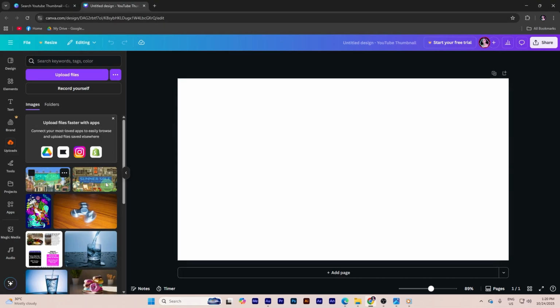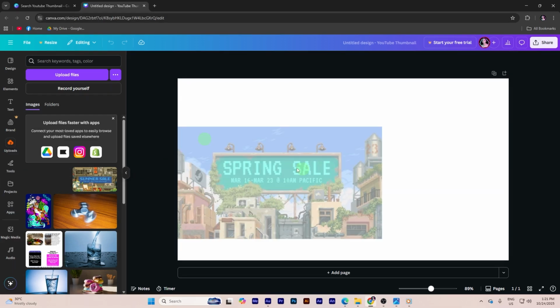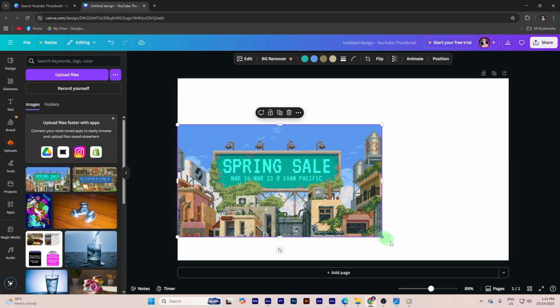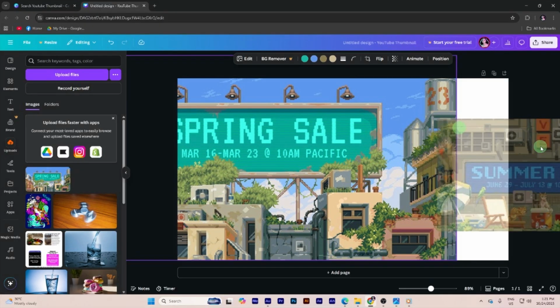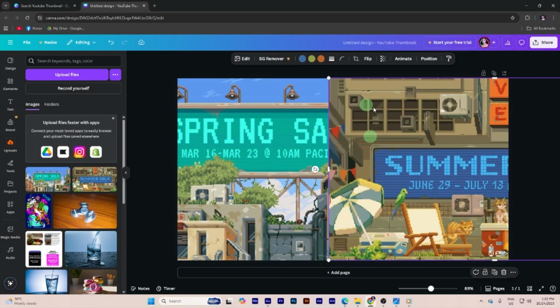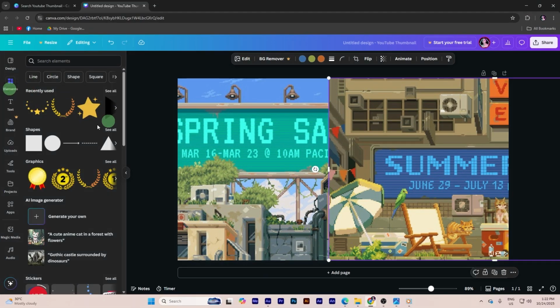Drag and drop the first photo onto the canvas and resize it using the corner handles. Then, drag and drop the second photo and position it beside or overlapping the first one and make changes to the size. Use frames or grids from the Elements tab if you want both photos evenly divided or in stylish